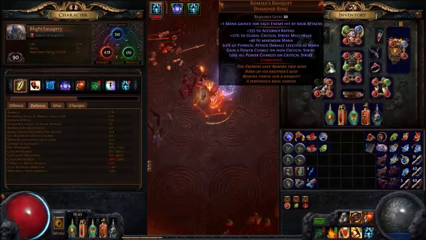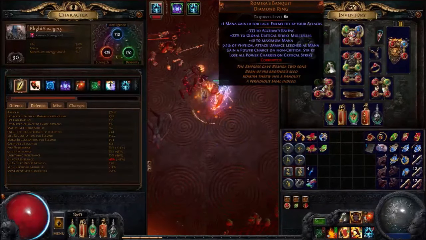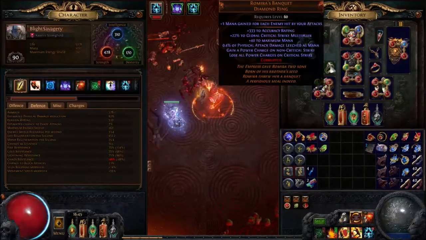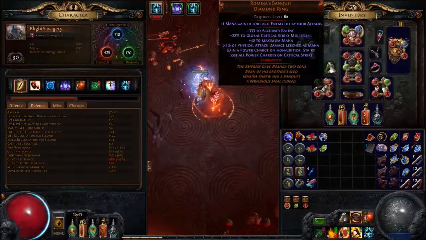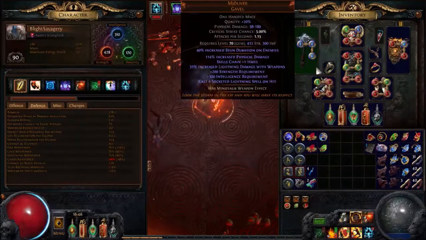This enables us to generate power charges on hit, and there's an interaction that generates extra power charges, which I'll explain later. And you want a corrupted one because you don't actually want critical chance with this build because it's not a Resolute Technique build, and so we don't want to crit too often. So we lose our power charges, as you can see on the disadvantage there. And finally, of course, your